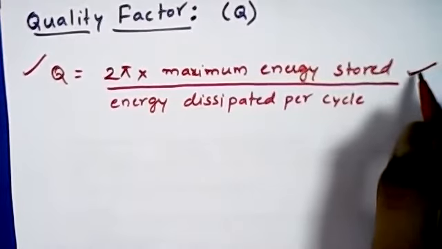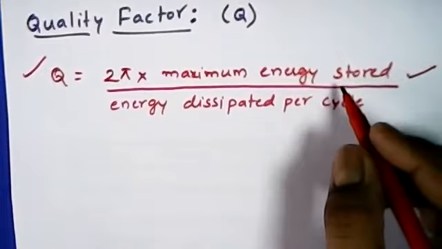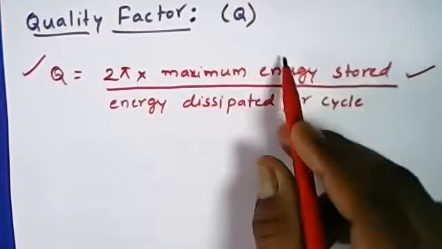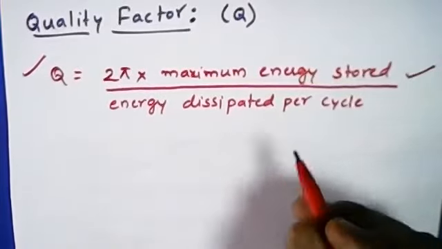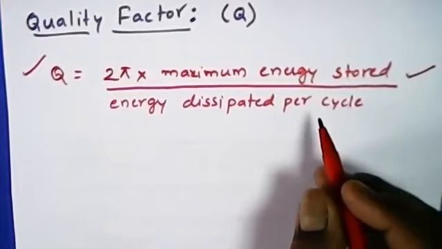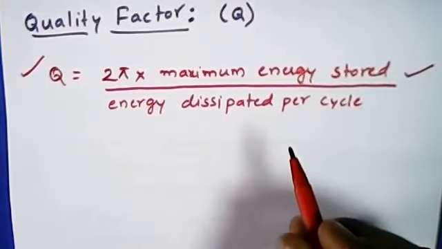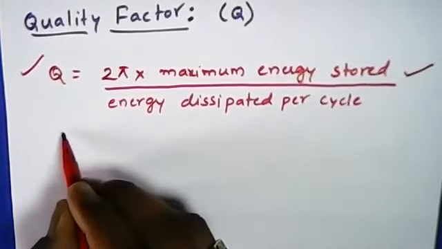In the next class, we'll be finishing this unit, and the example problems we have already solved. We can cross-check whatever topics have been detailed here. Each and every topic has been covered, and most probably I have covered the problems also. In the next class, we have some wave equations. That's what I have told.